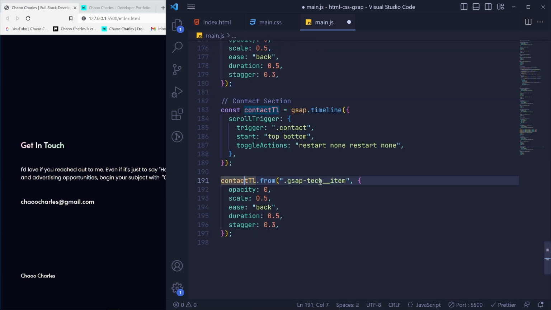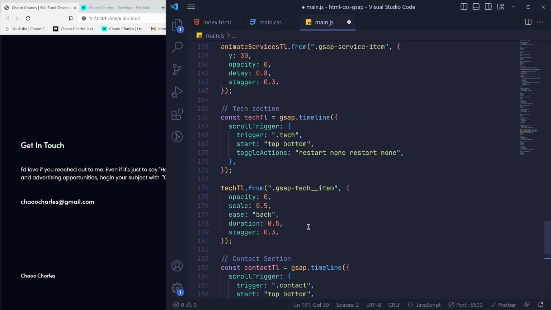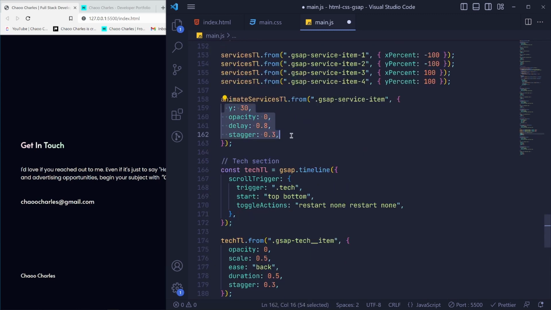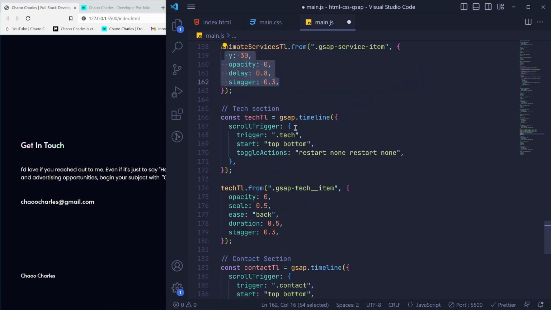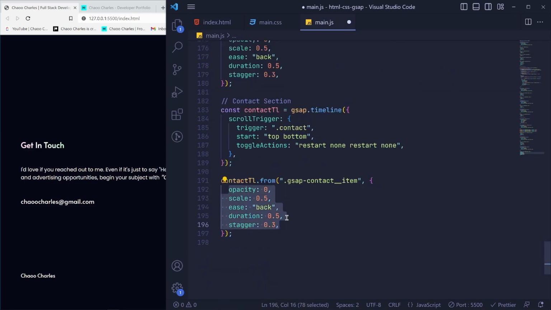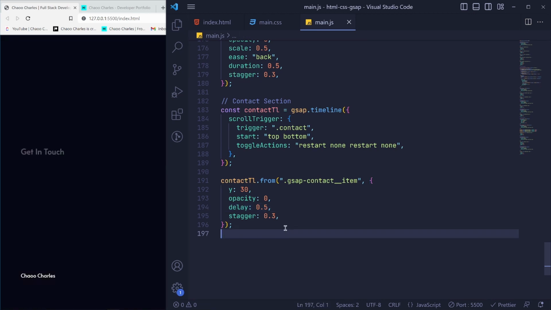Then GSAP contact item. Then here we can have something similar to this one. So I'll copy that one, then paste here. Y 30, opacity 0, delay of 0.5, then stagger. So I save, there we go,